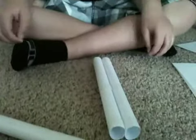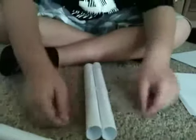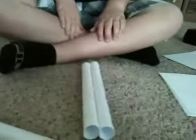And then you'll get 3 long strings of tape, one at a time. Then you tape one side, flip it around, and tape the other. And do that with both of the ends and in the middle. Okay. Now